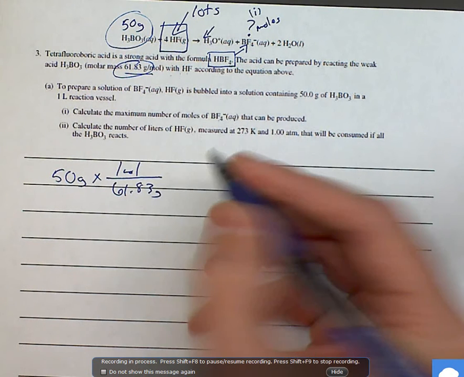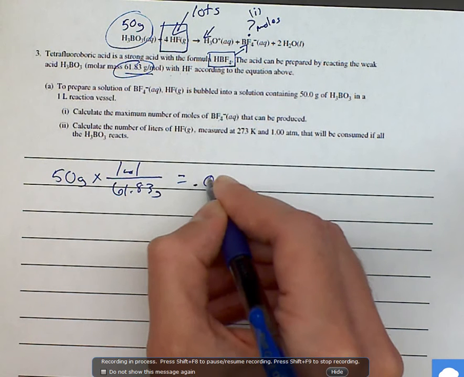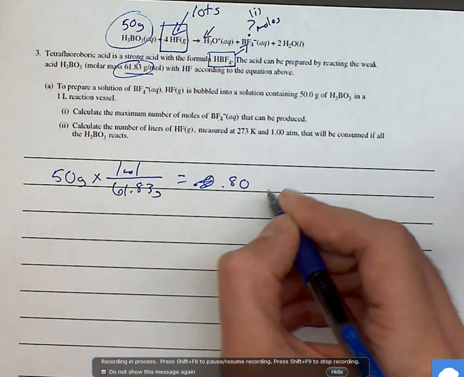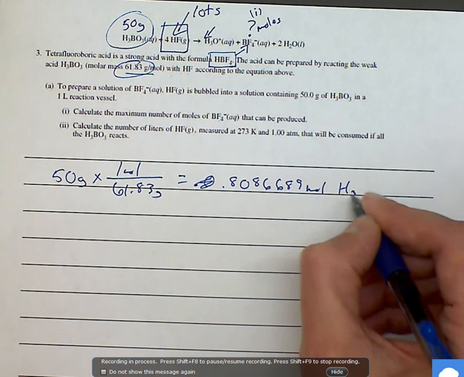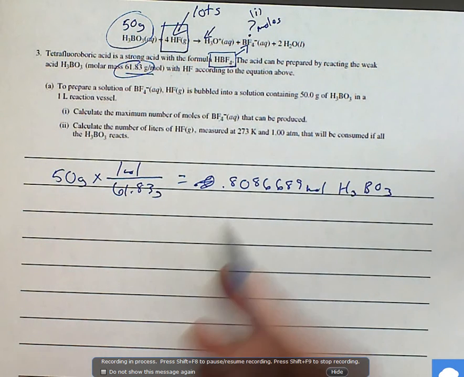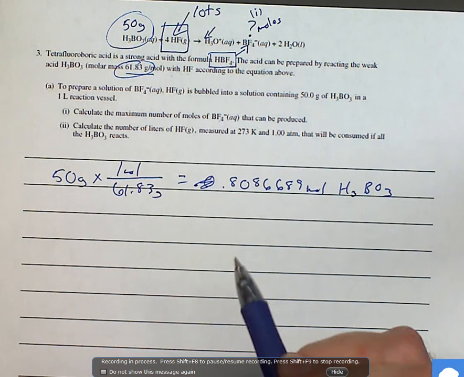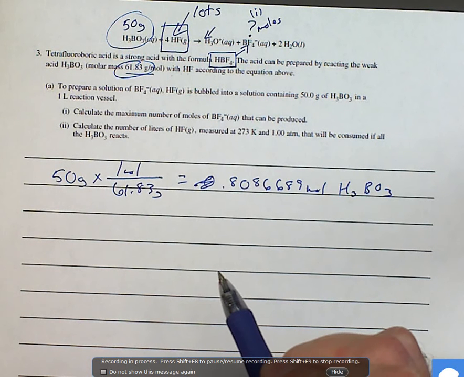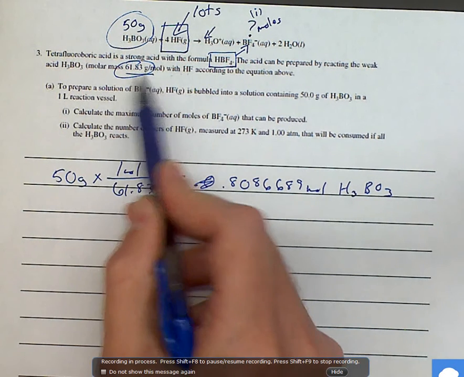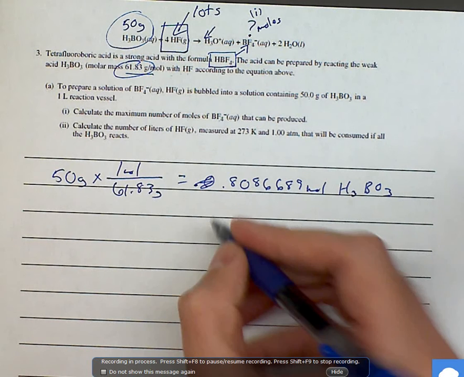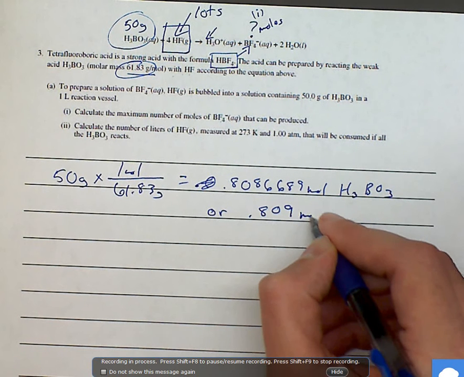All right, and that's going to lead us to 0.8086689 moles of H3BO3. Now, check this out. So I've got this many moles of H3BO3, and this is a 1-to-1 ratio, which makes this answer super easy. I'm going to check it for sig figs real quick. I've got 1, 2, 3 here, 1, 2, 3, 4 here, so I'm going to put this answer in 3, or 0.809 moles of